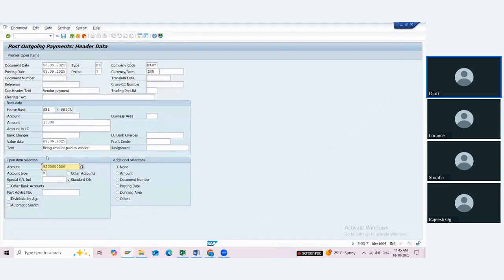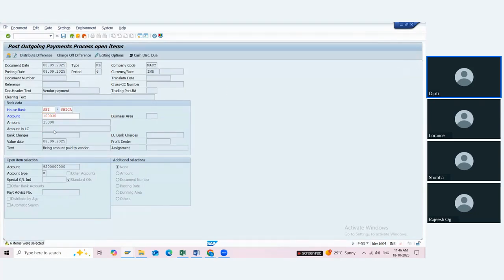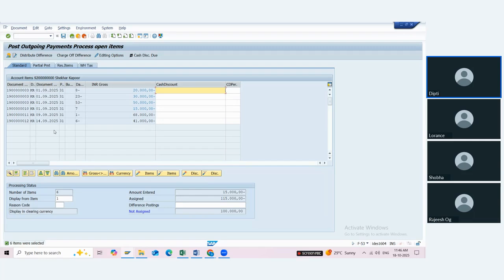Once you give all the data and click the enter button, the system automatically determines the GL based on this SBI and house bank and bank key combination. So it gets determined. See, account 10030 derived from the house bank. That is the difference. So now you will come to know why I was telling you not to use the bank account earlier, because in the bank account we have to create it in a different way.